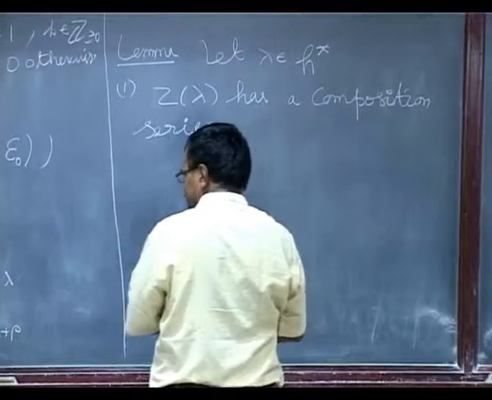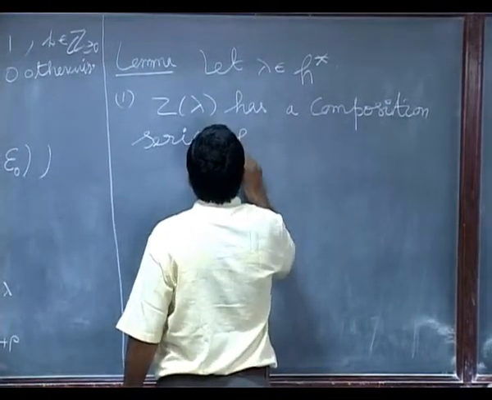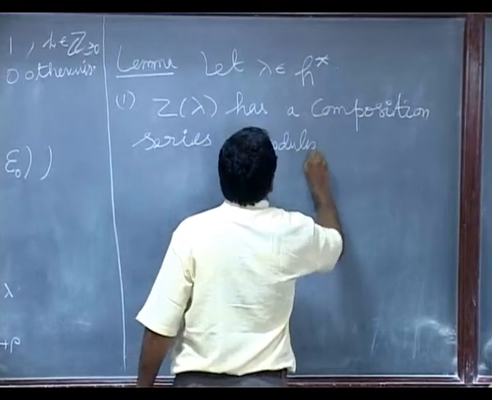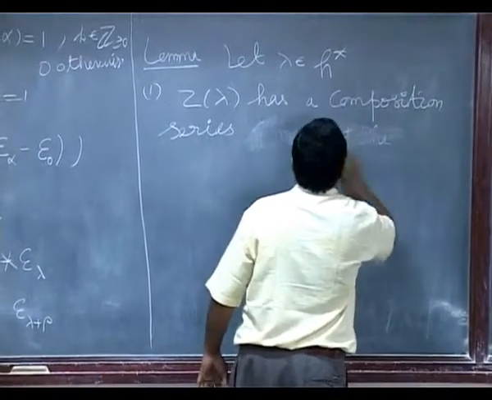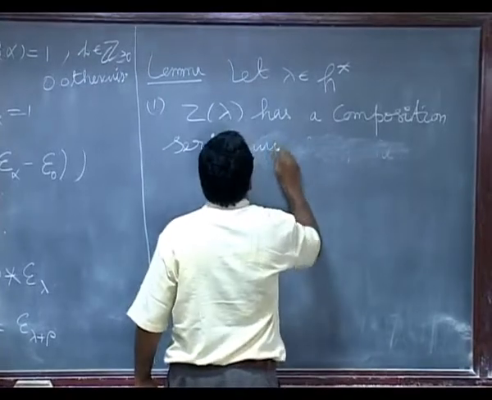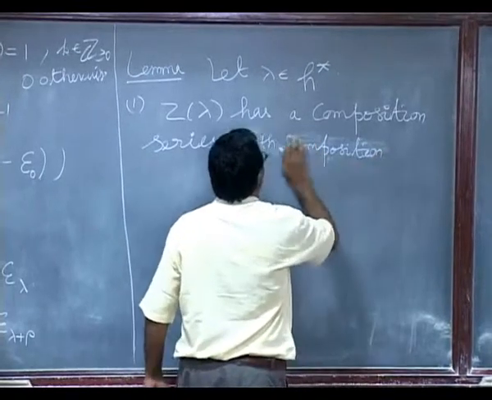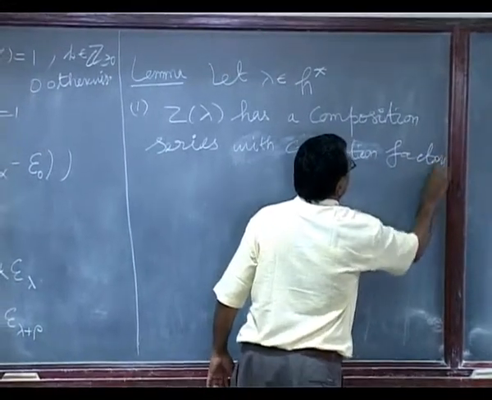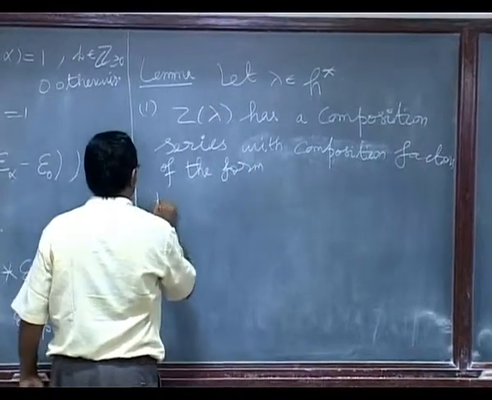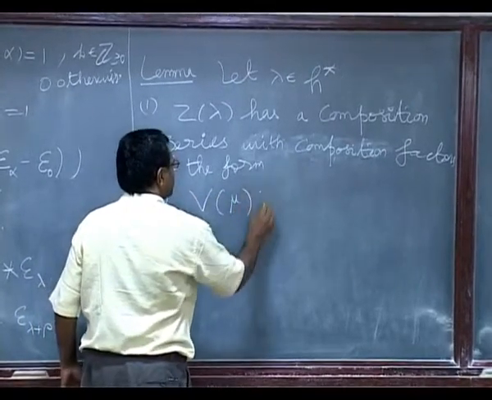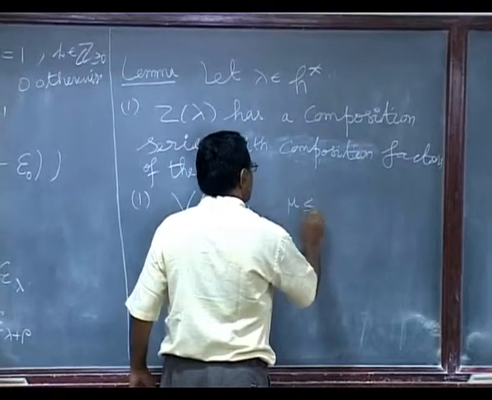of modules of the form, I mean, with composition factors of the form 1 V mu, so this is the irreducible ones, mu less than or equal to lambda